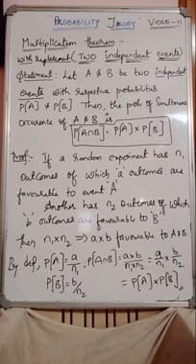Look at the proof. Let us consider that a random experiment has n1 outcomes, of which small a outcomes are favorable to event A, and another has n2 outcomes, of which small b outcomes are favorable to B. So n1 is the total exhaustive number of cases for the first event. Out of n1 outcomes, small a is the number favorable to capital A, and out of the n2 total outcomes, small b is the number favorable to capital B.